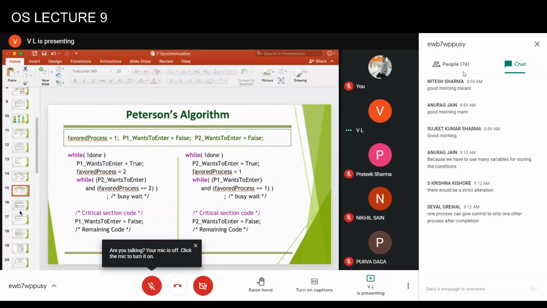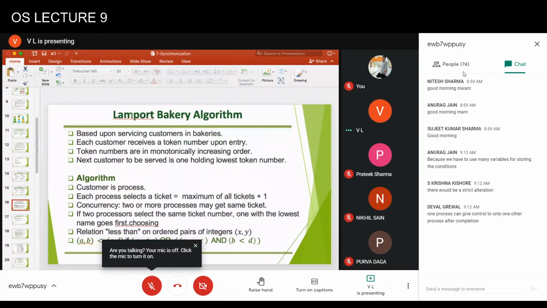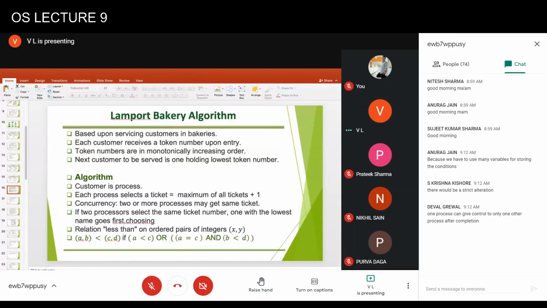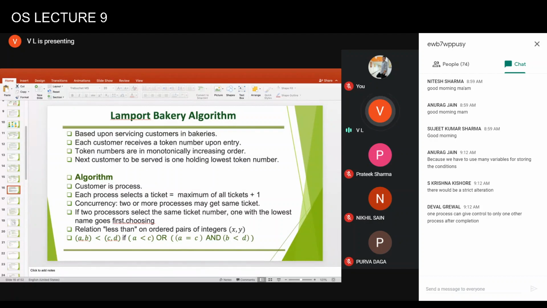Okay. Now let's come to the N process solution. The first solution is Lamport's Bakery solution. Most of you must have gone to any Pizza Hut or any such place, or even a bank, or a mobile service center. You're required to take a coupon. Either you can print that coupon, or you can go to a machine and get a coupon, and that coupon has a number. Whenever the customer is being serviced, he or she will be serviced based on the number that they have been assigned. So the Lamport Bakery algorithm works in the same manner.